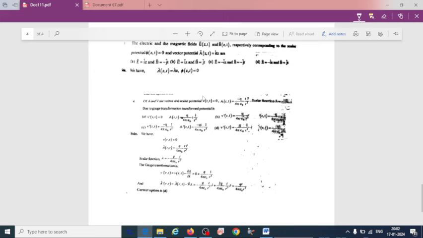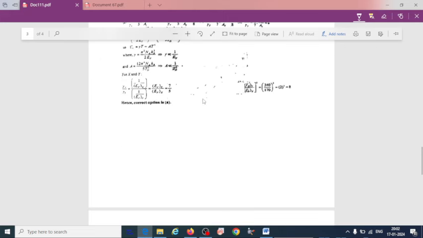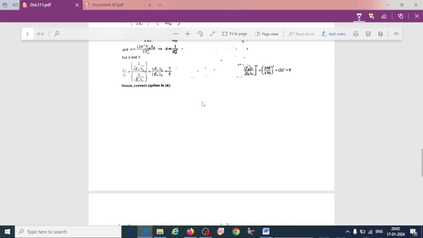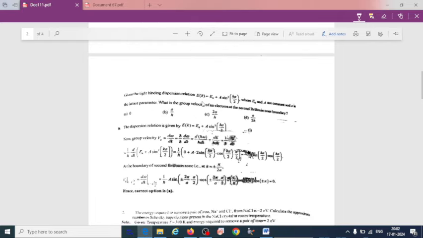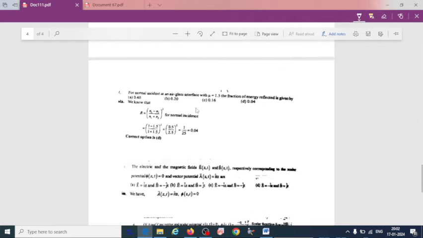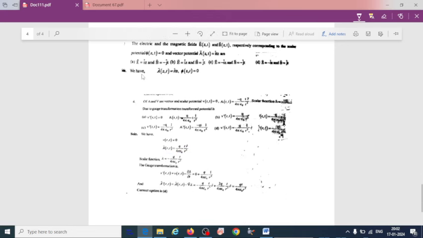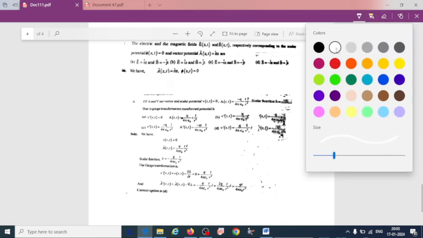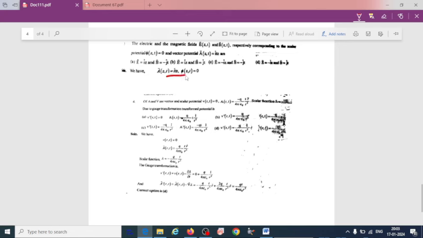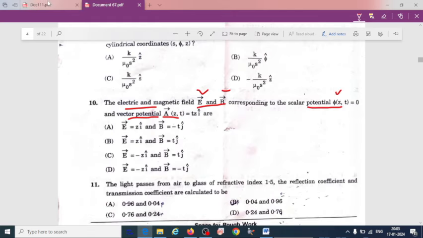For this question, first we take the vector potential A(z, t). Then write down these two given potentials. Next, what you have to do here,